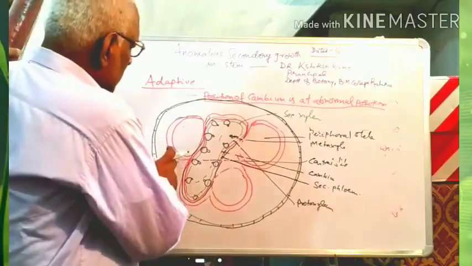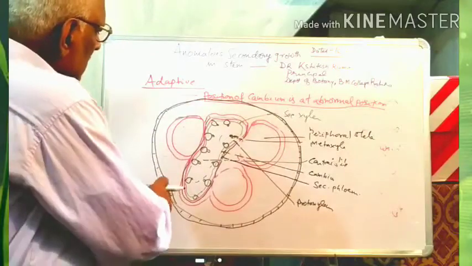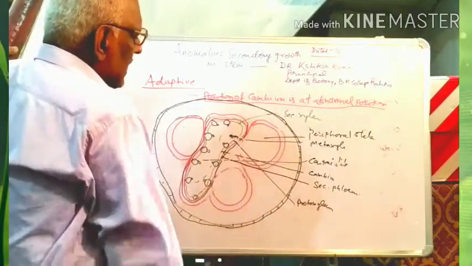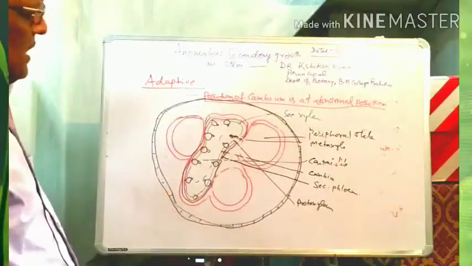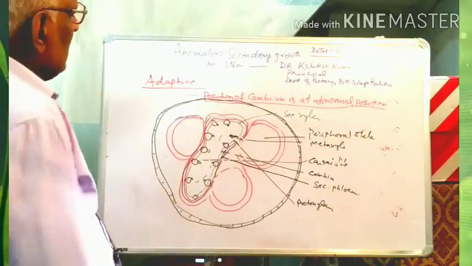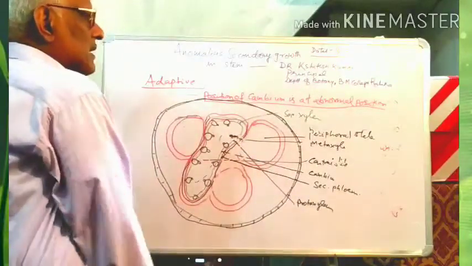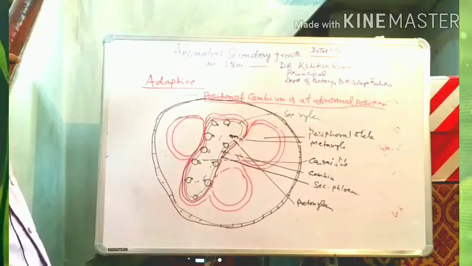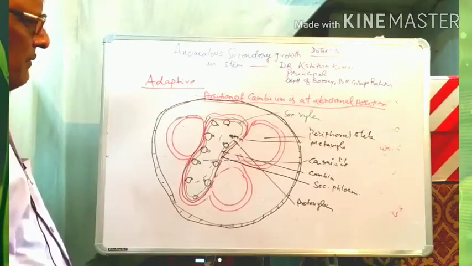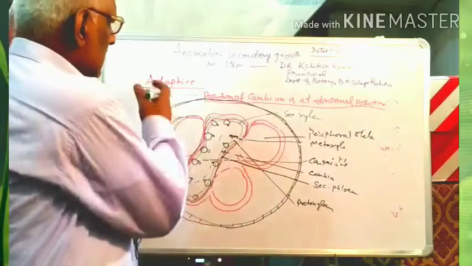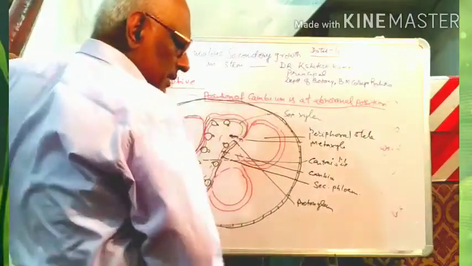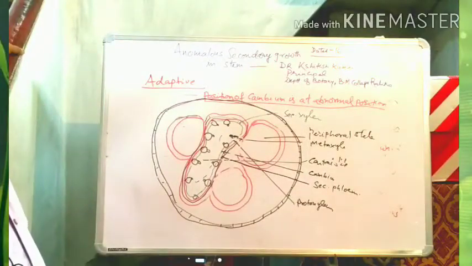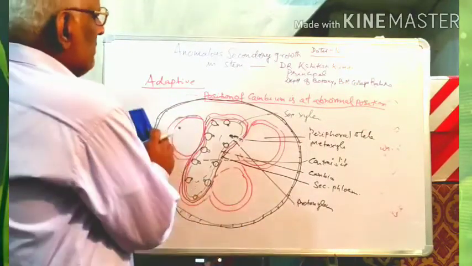So after the end of the secondary growth, the cells of the periderm gradually die and the result is that the stem looks just like several strands of the stem fused together. So that is the second type of adaptive anomalous secondary growth, the Sergenia type.